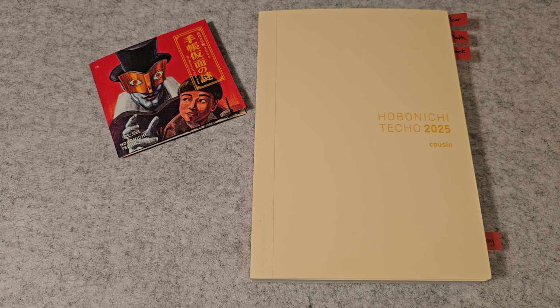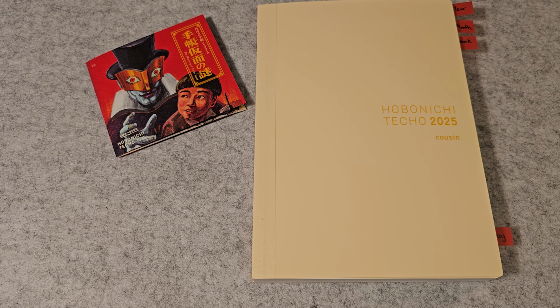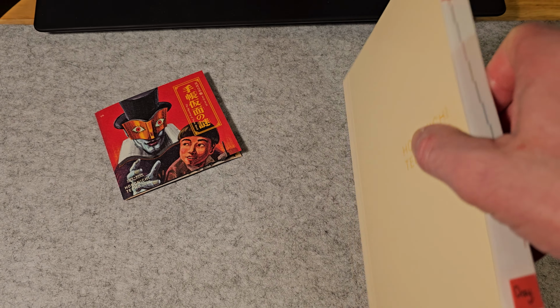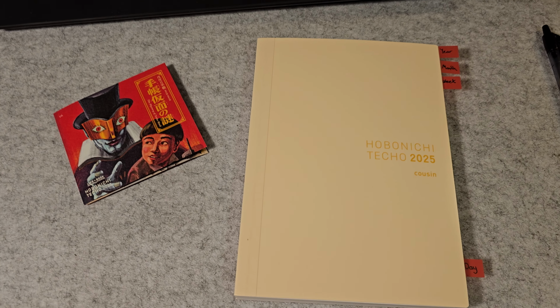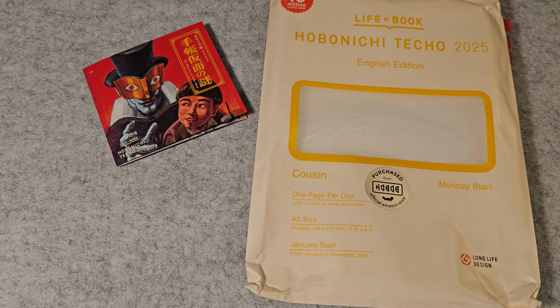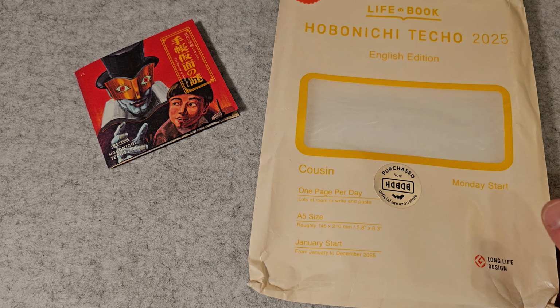you purchase this planner. Starting out, a few reviews on Amazon had mentioned how the planner arrived damaged with some bends in the corners or creases in the pages. Mine arrived in perfect condition, so I'm very grateful for that. And the reason for that is it did come in this protective sleeve. So hopefully all the planners are being delivered with this protective sleeve. It's not terribly thick, but it was enough to, the sleeve took the damage and the planner arrived in good